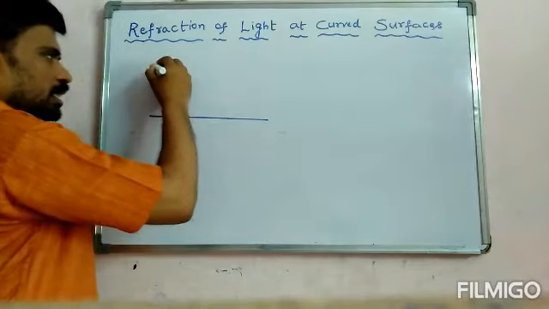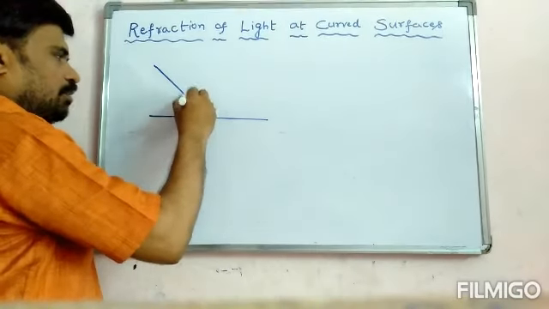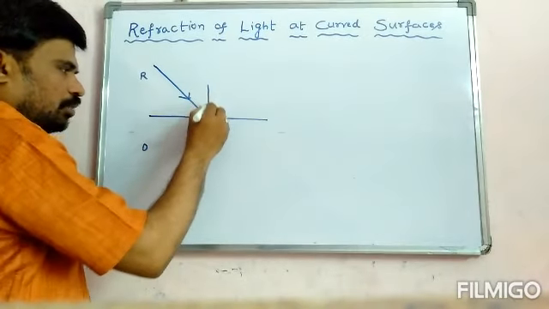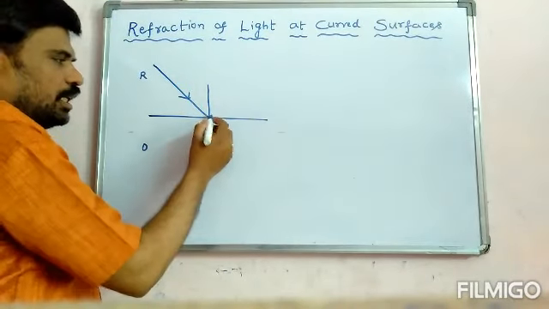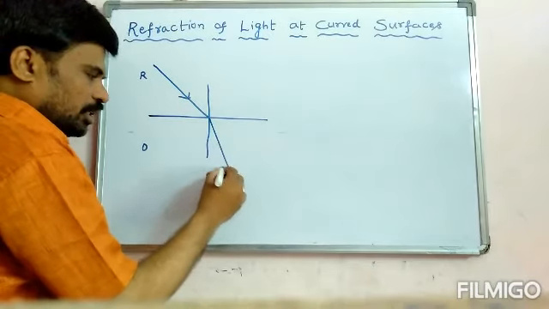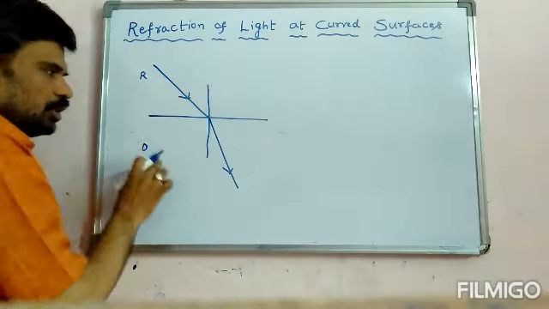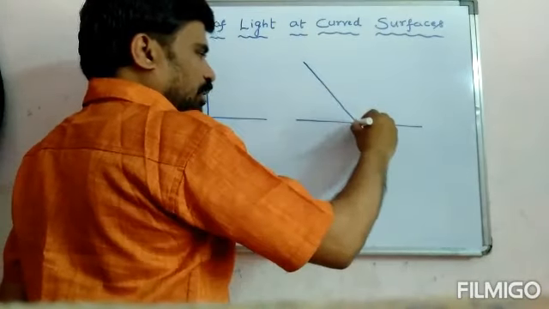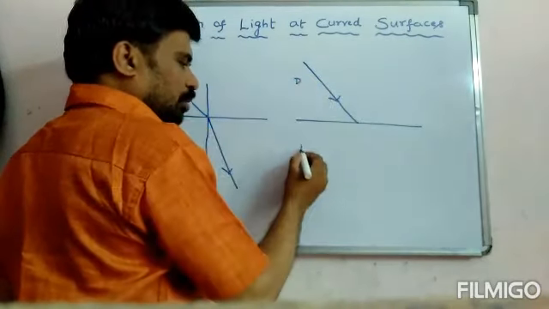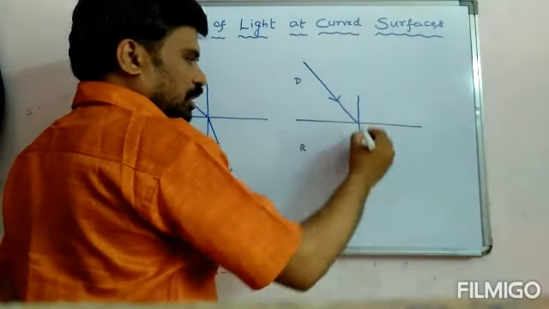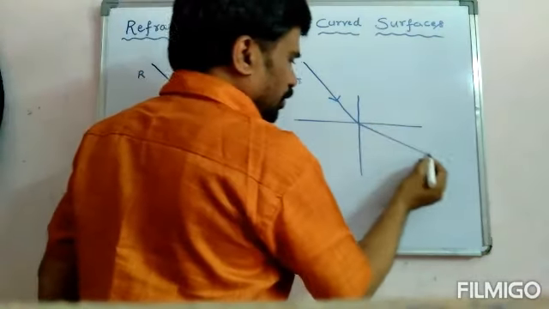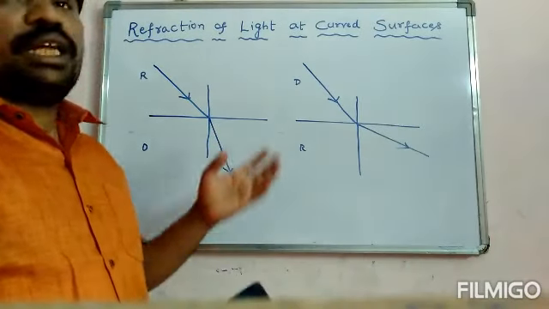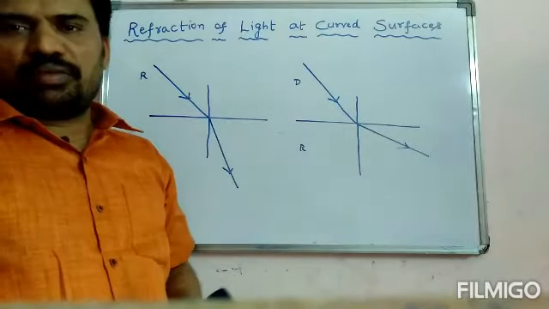When a light ray is incident at a plane surface and is traveling from rarer to denser at the point of incidence, then the ray will bend towards the normal. In the same manner, if a light ray is traveling from denser to rarer medium at the point of incidence, then it moves away from the normal. Right? Now, let us see how a light ray will deviate at curved surfaces.